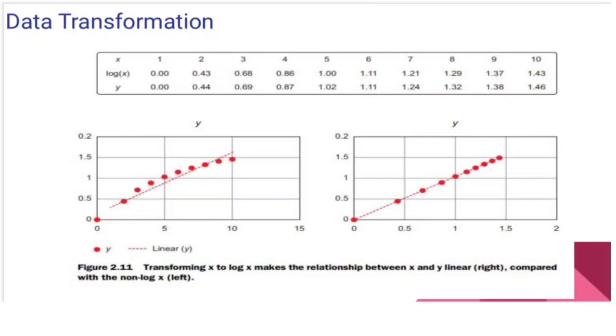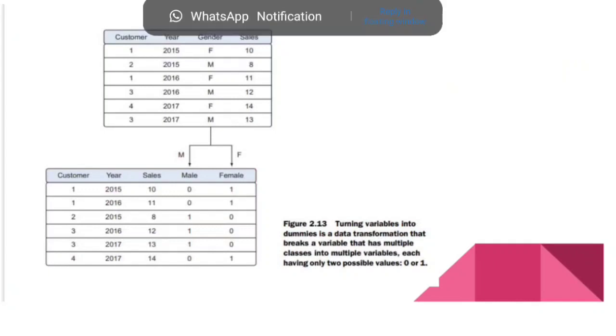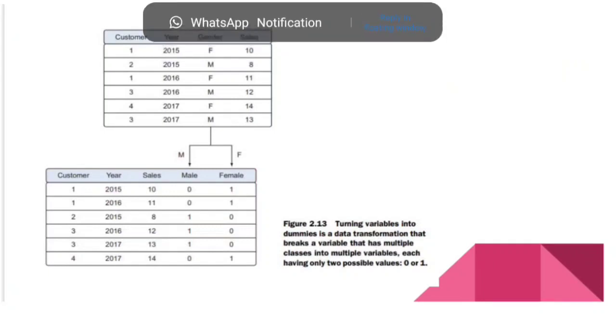So next one, variable reduction. So variable reduction is nothing but we have too many variables and need to reduce the number because they don't add new information to the model. For example, gender is converted